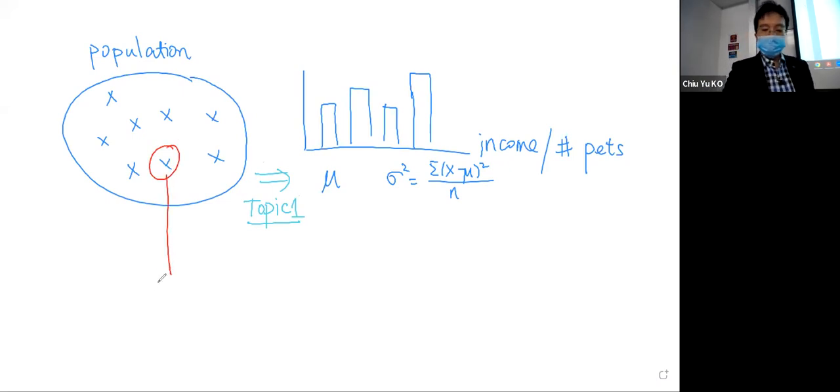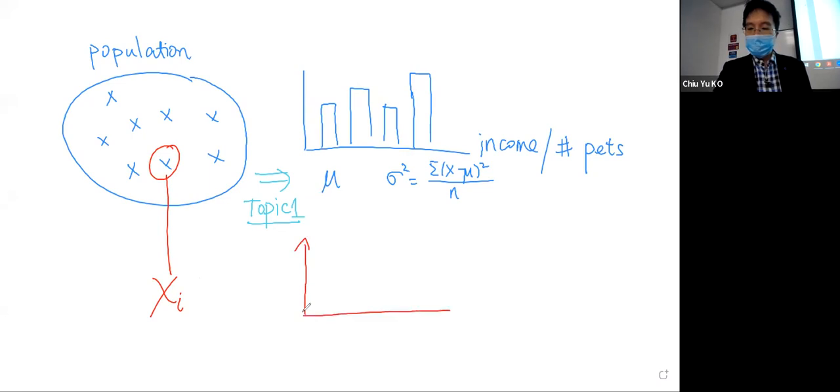Let's denote this observation as Xi, which is the i-th person's income. Before you draw, you randomly pick, a simple random sample, pick this one randomly. What would the random variable look like? Actually, we can use the P and the F to describe it. Suppose I use P, maybe the number of packs. And the P looks like exactly this,